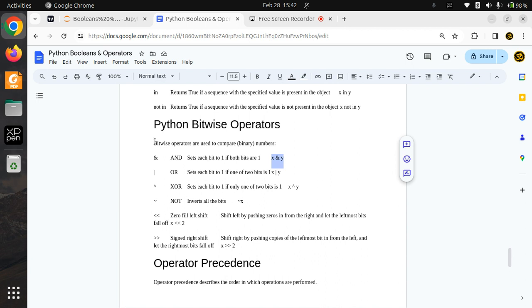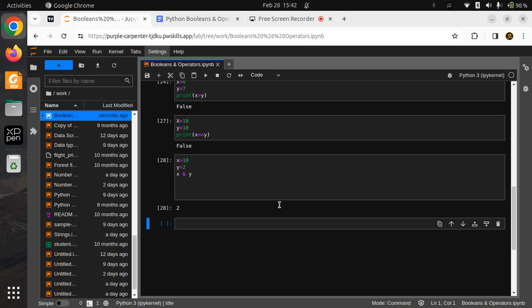Basically you have to remember bitwise operators are used to compare binary numbers. That means first we have to convert the given number into a binary number, then every bit of the binary number will be compared. And, or, and xor, exclusive or, is known as xor. Not inverts all the bits. That means if I write a binary number 1010 0100 and another binary number 1100 1100,